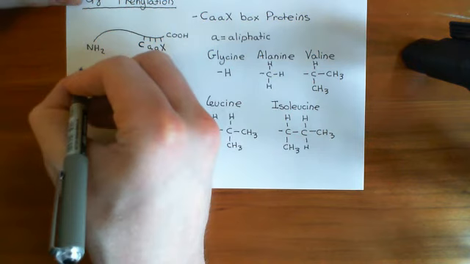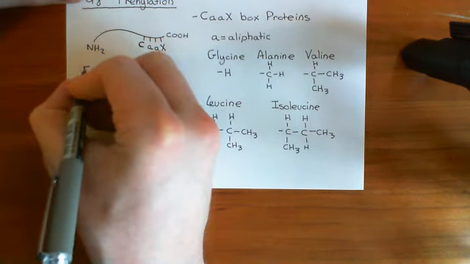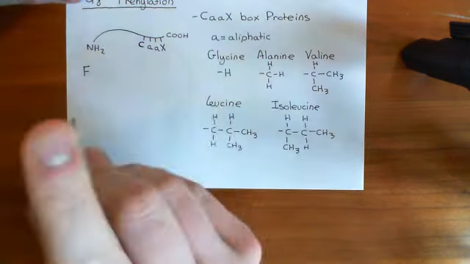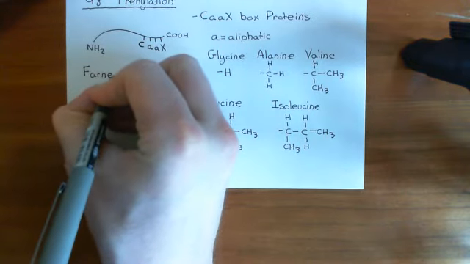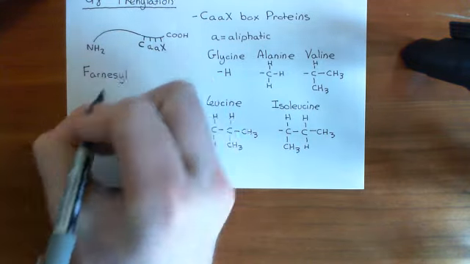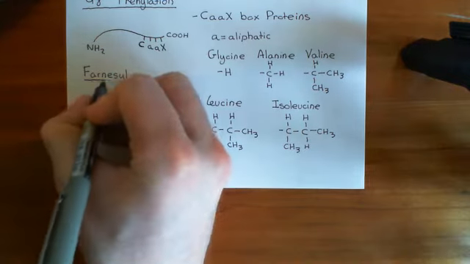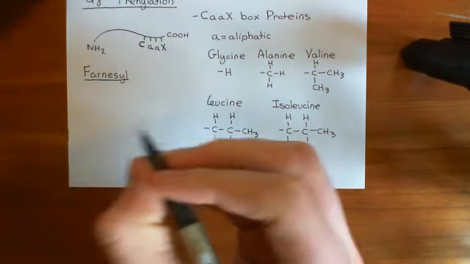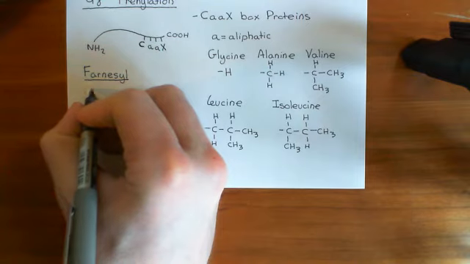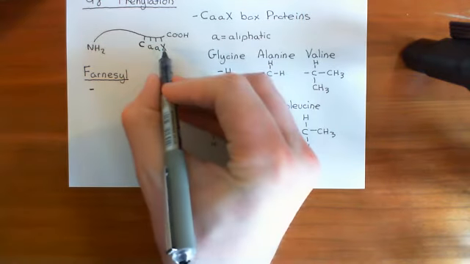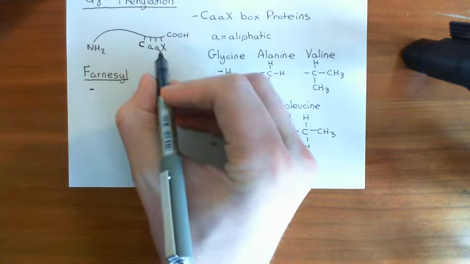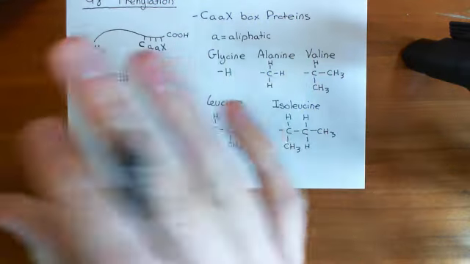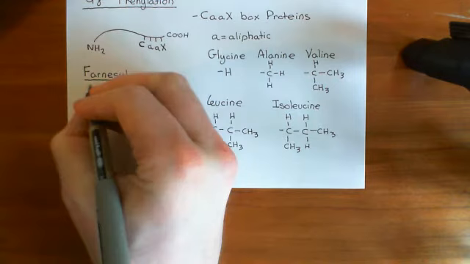So basically, what I'm going to show you is that there are only 2 prenyl groups. So prenylation isn't that complicated. There are only 2 prenyl groups that cells add on to proteins. There is what's known as a farnesyl group, and I'll show you the structure of this in a moment. And in order to get a farnesyl group added on, that X amino acid has to be a specific amino acid. Well, not a specific one. It has to be one of 3, basically. It has to either be